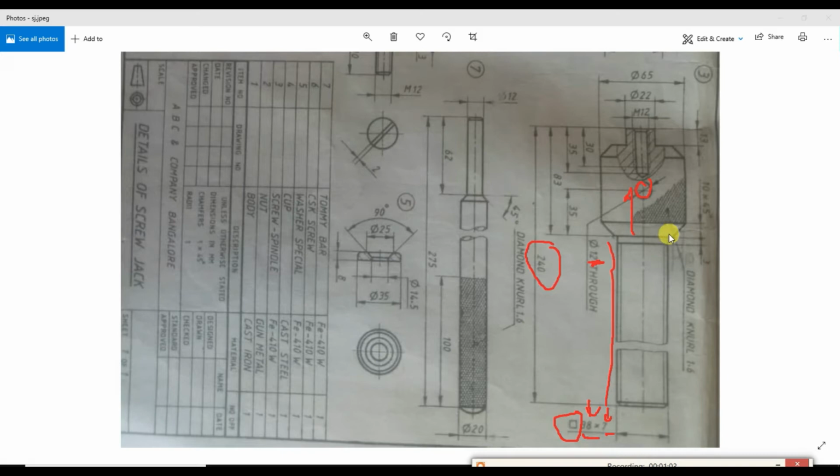Next, I need to create, first of all what I do, I'll create this half portion, then I will give the shaft command, so that I'll get this model.